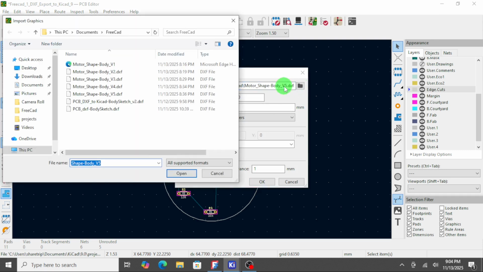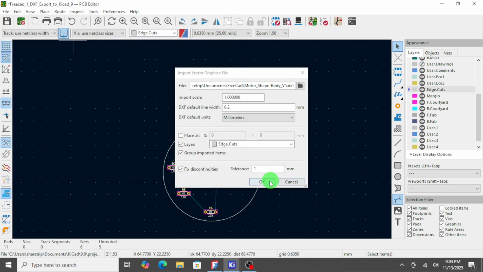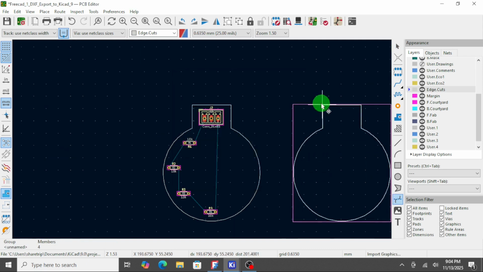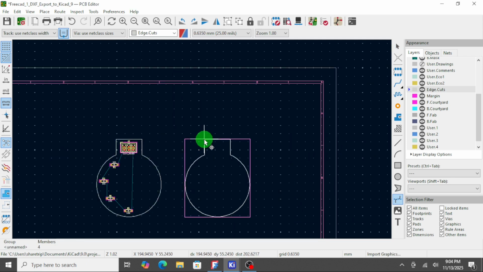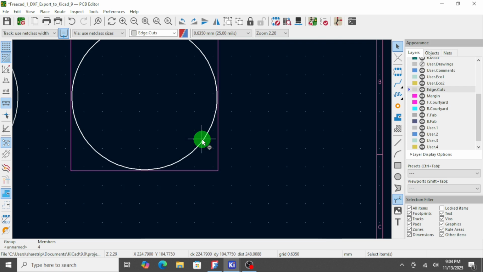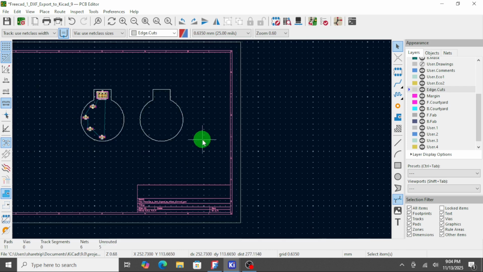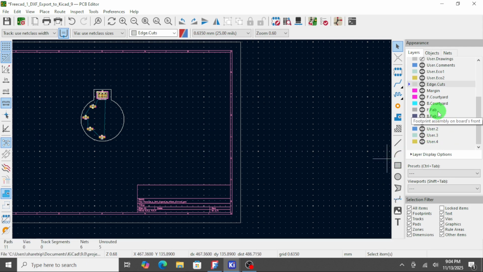So you even see B5, I see. And then I selected everything in millimeters, so I did in millimeters. And then there you go. That's the shape right there. And I did the measurements